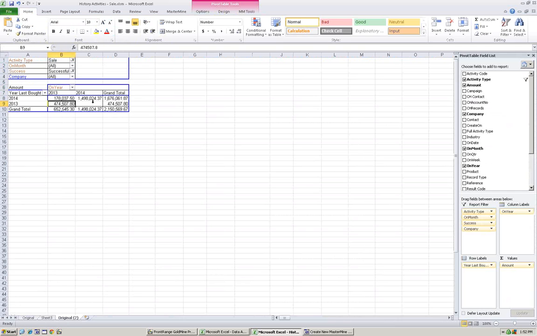Or I might just want to roll it down within the report itself. And this is where I mentioned before about sometimes wanting to have reports that you simply roll up for convenience, or roll up for simplicity, but roll down to see the detail that's behind what you're looking at. Okay, so if they last bought in 2013,